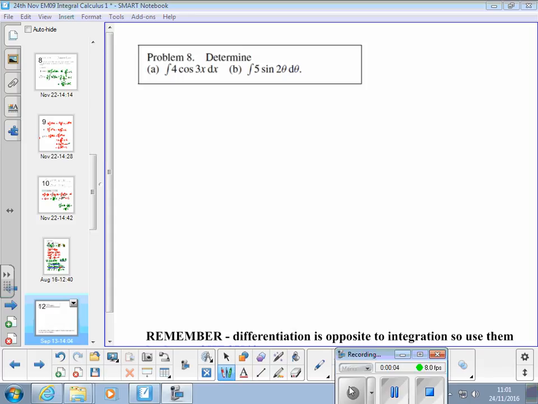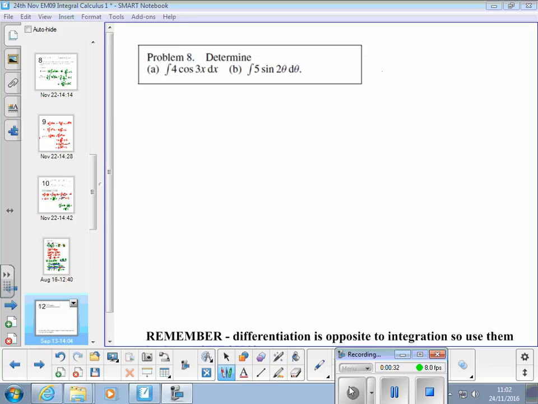Let's have a look at these problems. We haven't looked at any yet with any of the other functions in. So these two are a cosine function to integrate and a sine function to integrate, and they've both got a constant in there as well. Okay, so looking at the table of integrals,